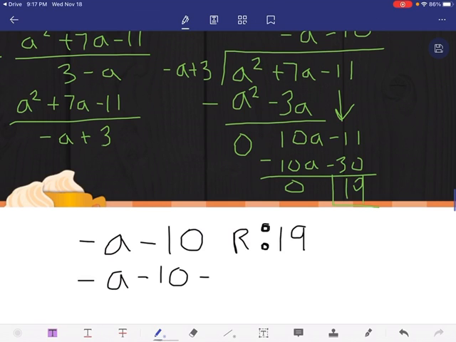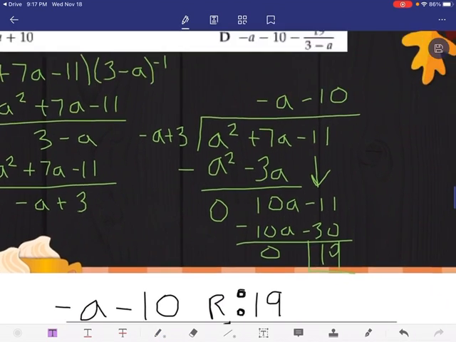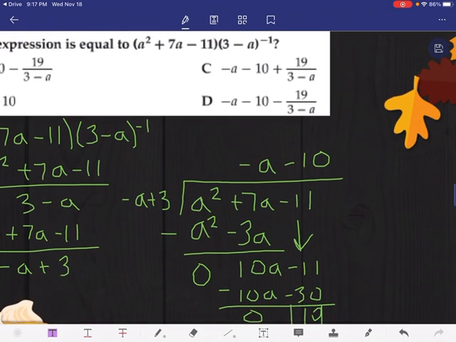And so remember last time, it's your remainder that goes on top of that fraction. So 19 divided by our original divisor, which is 3 minus a. So notice that if we look at the top, that is going to be answer